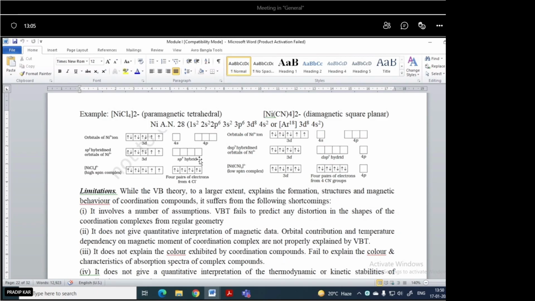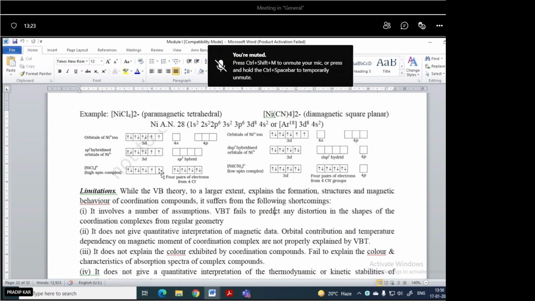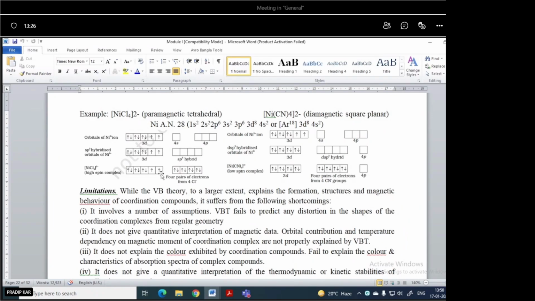And as it is sp3 hybridization, we know the geometry is tetrahedral. And from this, we can predict that having 2 unpaired electrons, it must be paramagnetic in nature. So the structure is tetrahedral and the magnetic property is paramagnetic in nature due to having unpaired electrons. But in case of nickel cyanide, if we consider it is diamagnetic and having a different geometry, square planar geometry, that can be explained that CN minus is the strong field ligand, so it will interact with the inner d orbital rather than outer